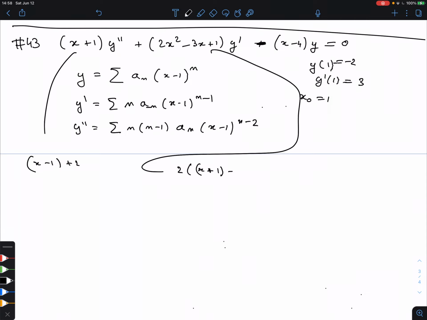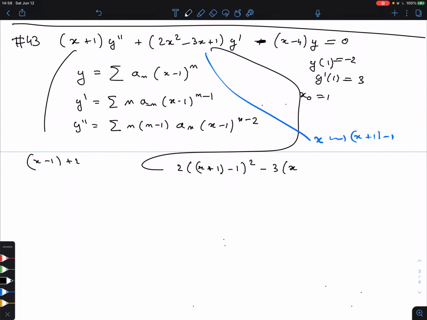What I'm doing here is I have replaced x by x plus 1 minus 1. That's what I'm trying to do here, if this lets me do it. I'm going to try to write a little bit slower, sorry, but I don't want to keep having to do this. So what is this? That is 2